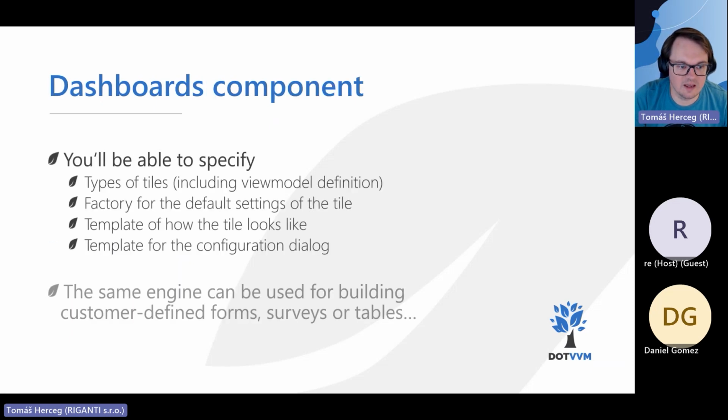So basically, you will be able to specify what types of tiles you are supporting, including the types of view models. Then you will be able to provide some factory function that will create the tile with some default settings, because if the user says, okay, I want a chart tile, you will want to set some default values for this tile. And then you will be able to define a template for how the tile content should look, and of course also provide a template for the configuration dialog. So if you give us these 4 things, the dashboards component will be able to